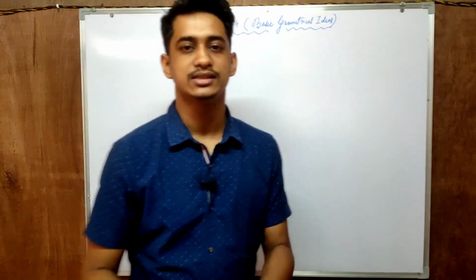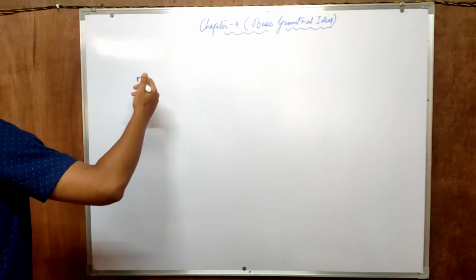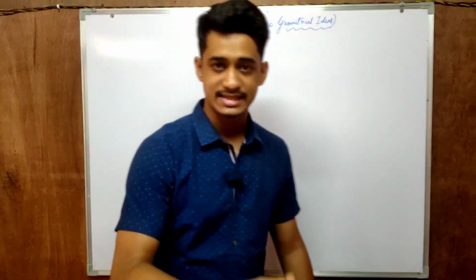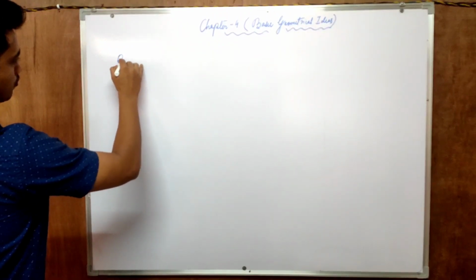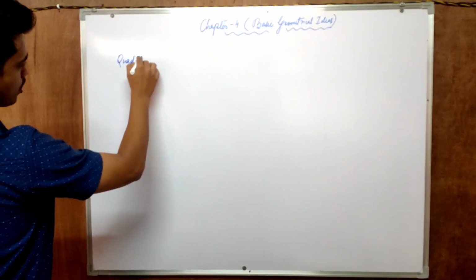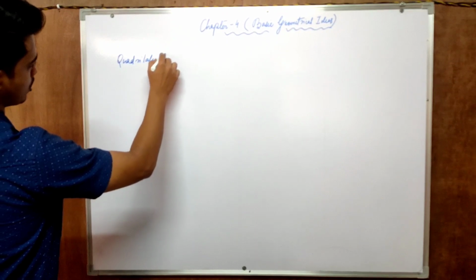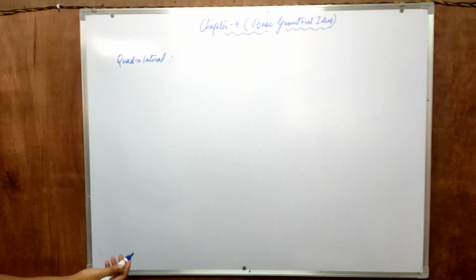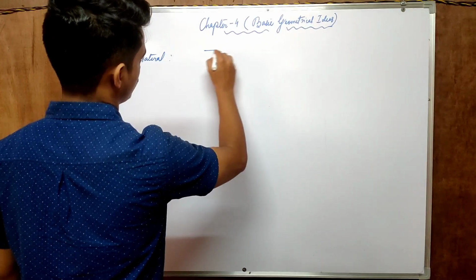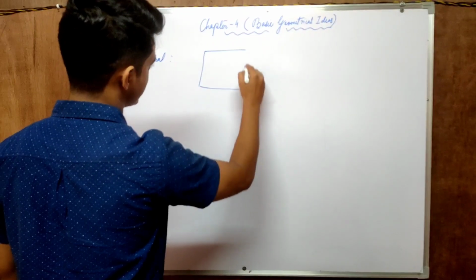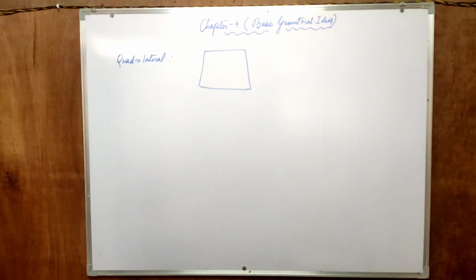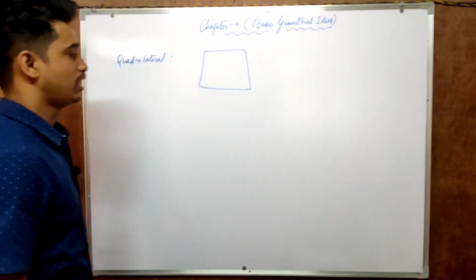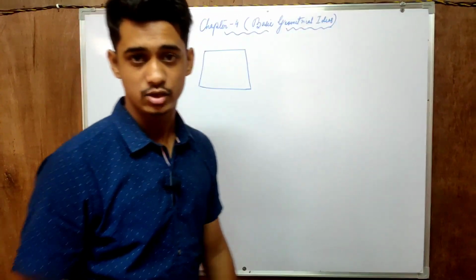In this particular exercise, we need to understand one more special type of polygon, which is called a quadrilateral. What is its name? Quadrilateral. So what do you mean by quadrilateral? It is a polygon having four sides. So this is the quadrilateral. What is the speciality of having four sides in total?